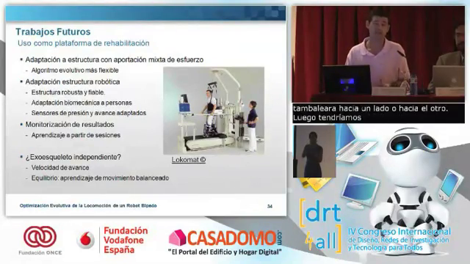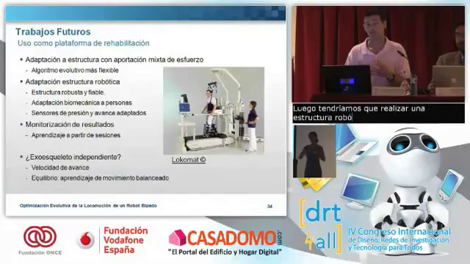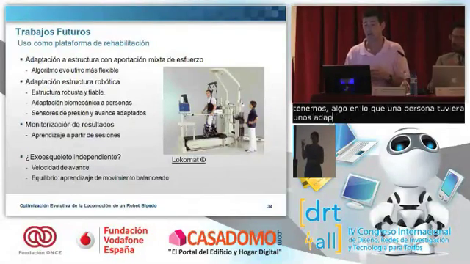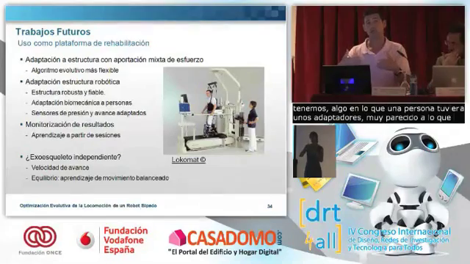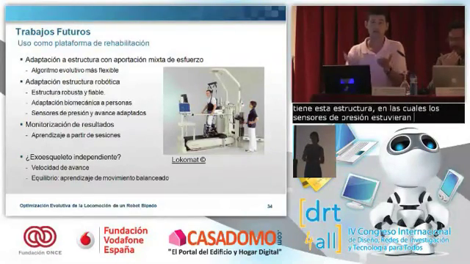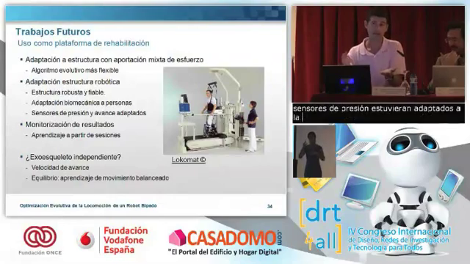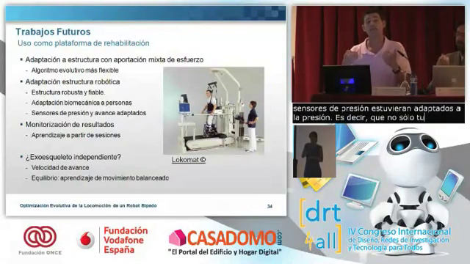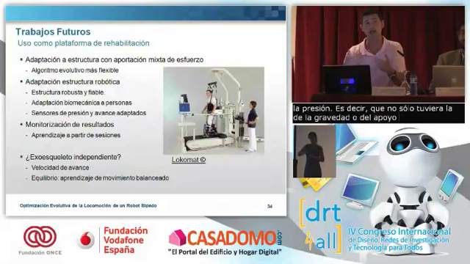We would also need a different robotic structure to the one we currently have, with adapters where the pressure sensors would be adapted to the person. Not only the sensor of gravity, but also a sensor of the